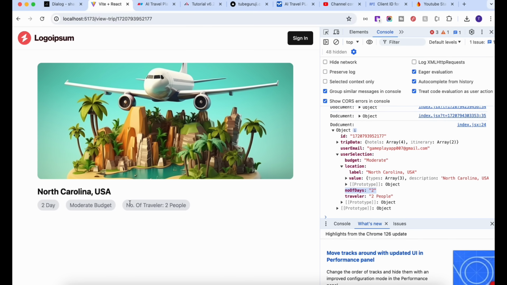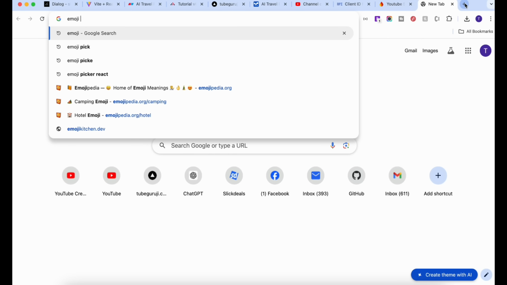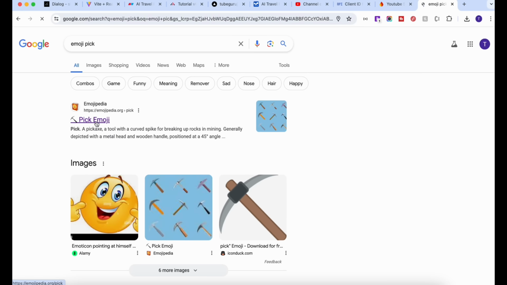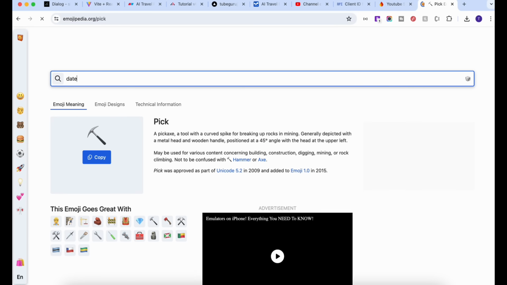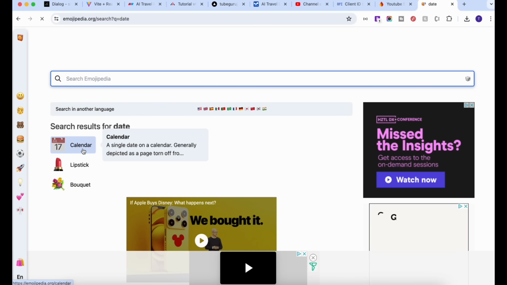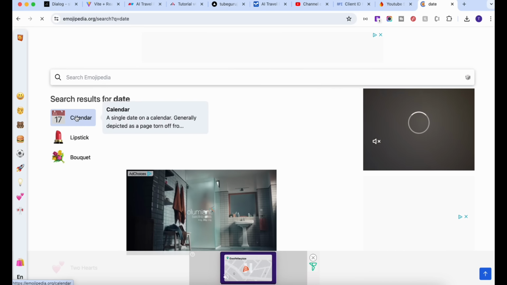See how cool it is looking, right? Perfect. Here I will add some kind of emoji icons. Okay, so let's do emoji pick from the Google, and here let's search for the date. Okay, now it will get the calendar. That's what we wanted. So I will just copy this one,